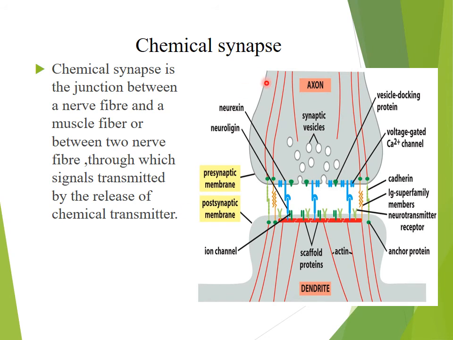Now these are the synaptic junctions, which show the presence of chemical transmitters in the presynaptic membrane, stored in the synaptic vesicles. They are also called the neurotransmitters. They are released and then transmitted to the postsynaptic membrane. So they are also a type of communicating junctions, where a nerve fiber or a muscle fiber has to transmit the action potentials rapidly.